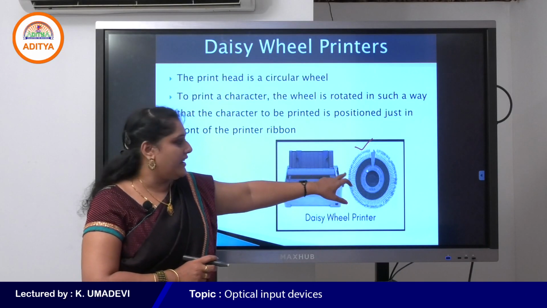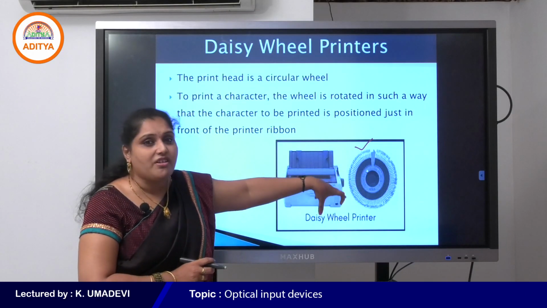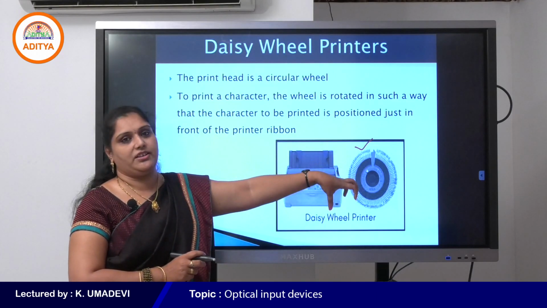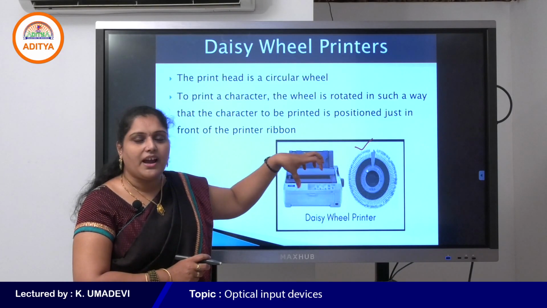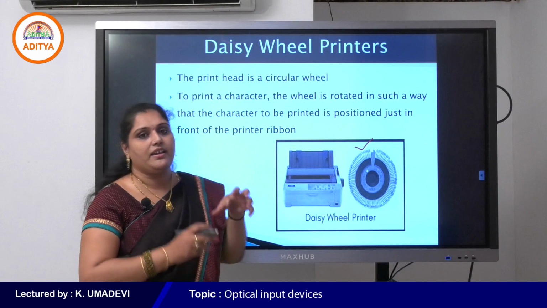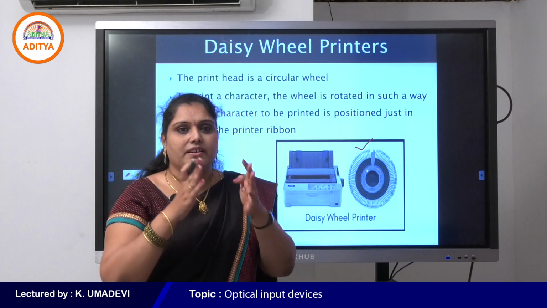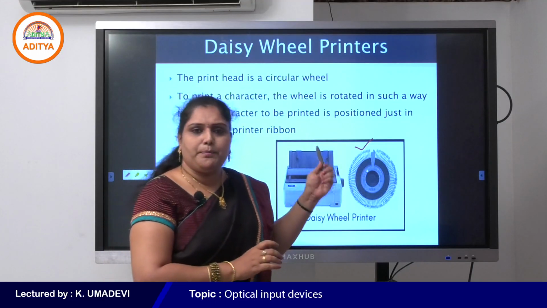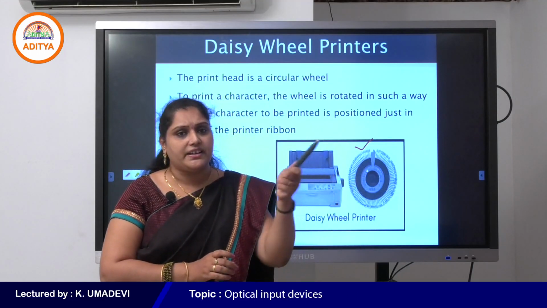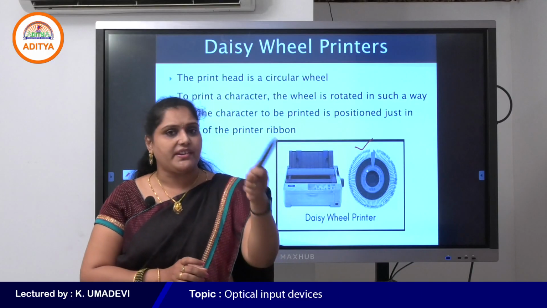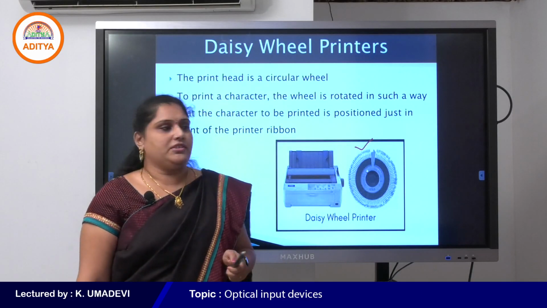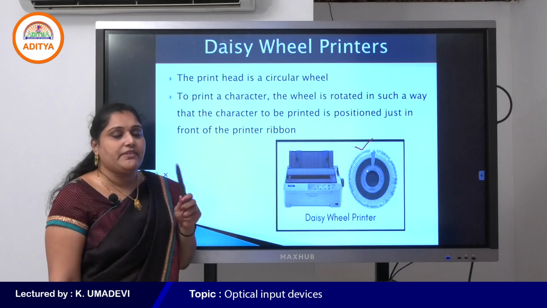Am I right? Yes. So that's why it is called a daisy wheel. When printing, the printer automatically rotates the disc to print each character on the paper. So this is about the daisy wheel.